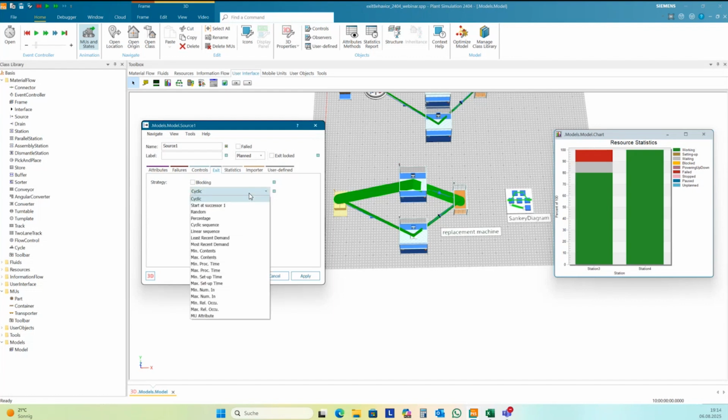And so it's not the right. Cyclic means it starts first here, then the second, then again the first, and again the second. And so it distributes the MUs in a cyclic way here between these two successors.